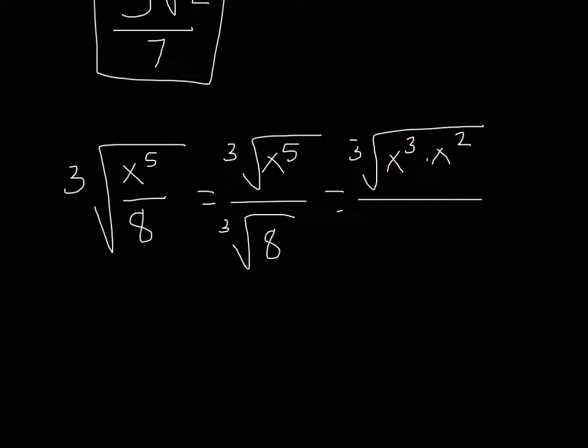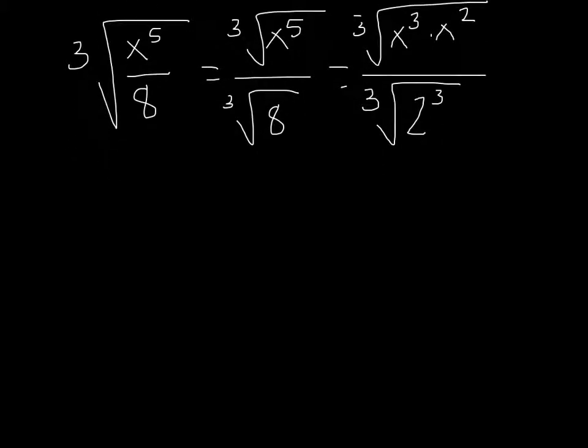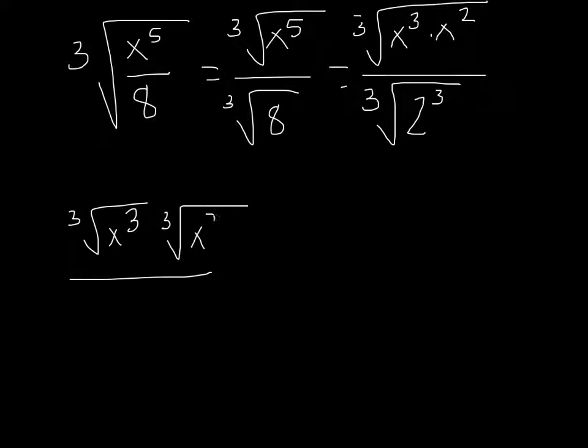On the bottom, we know that the cube root of 8 is 2, but just to draw a parallel to the previous example, I can write 8 as 2 cubed, and then I got that cubed there and that cubed there, and it's going to become just a 2. So what I have now is, on the top, the cube root of x cubed times the cube root of x squared, and that's the product rule. And on the bottom, I'm just going to go ahead and take the cube root of 2 cubed,